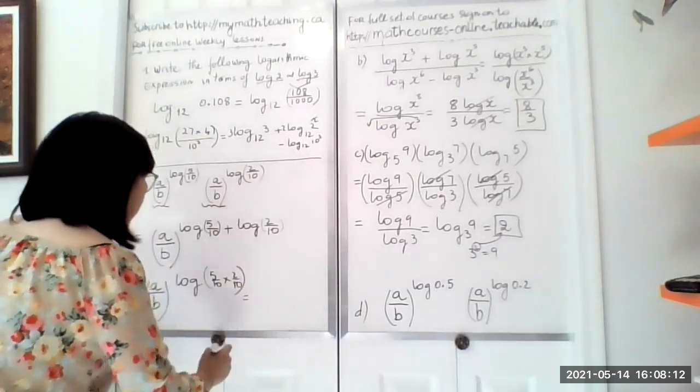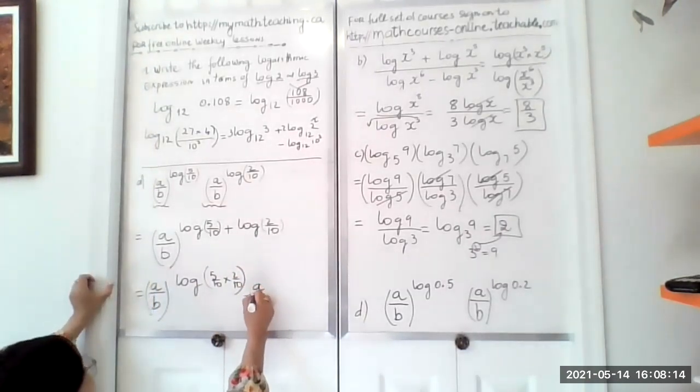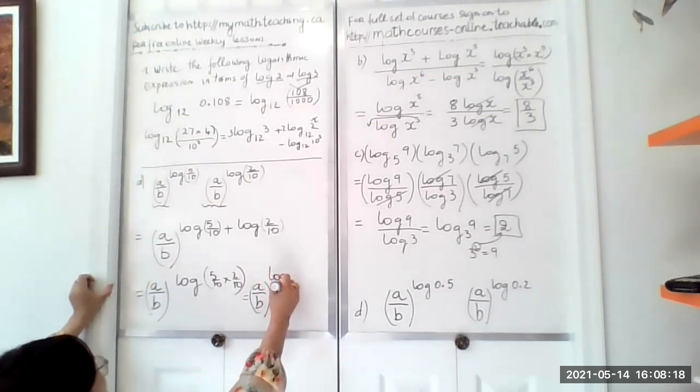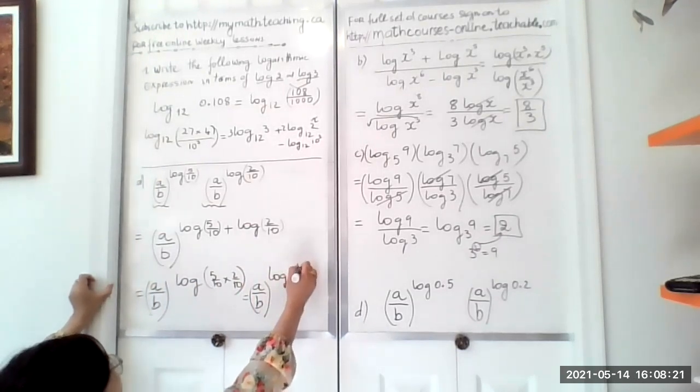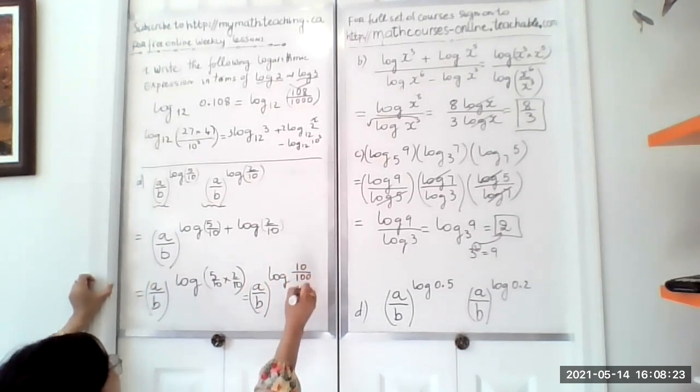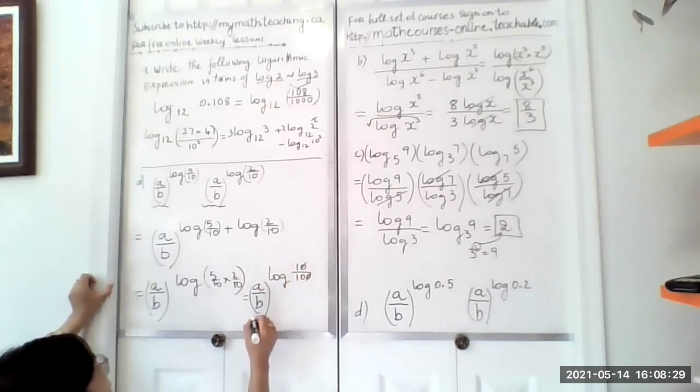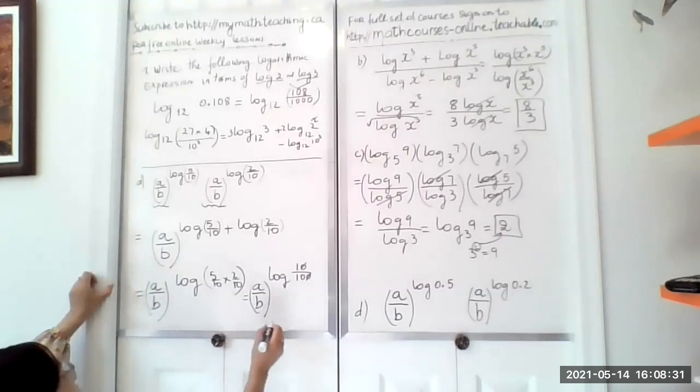And this is the same as A over B, all of them log of 10 over 100. Now we can divide, cancel, which is 1 over 10,